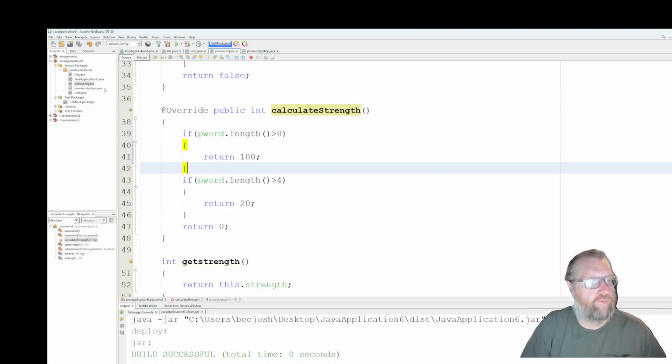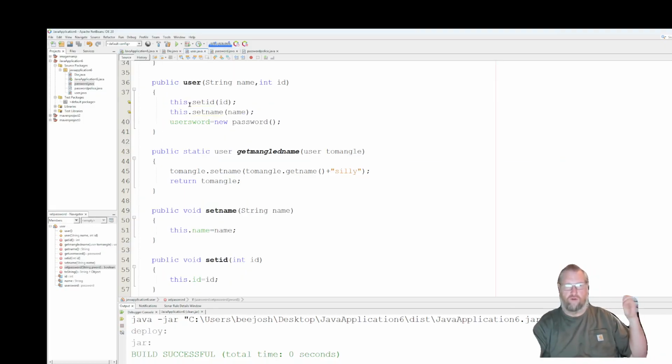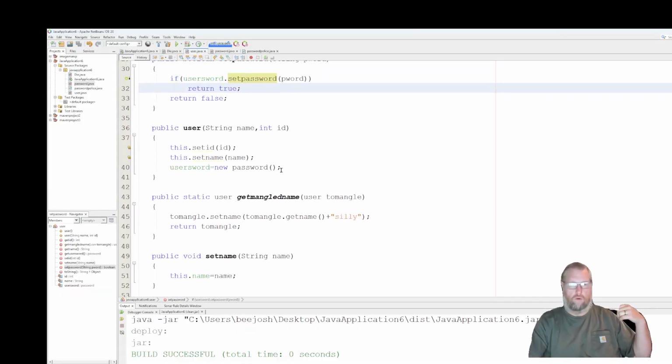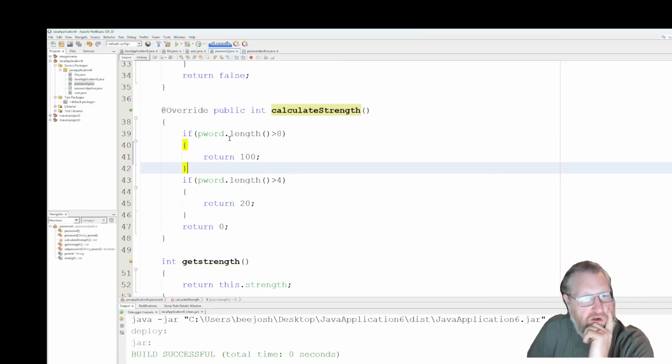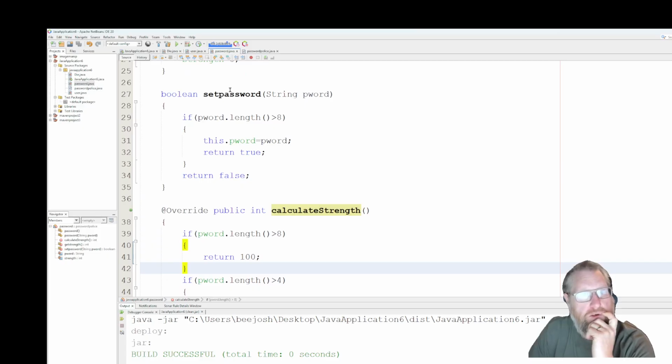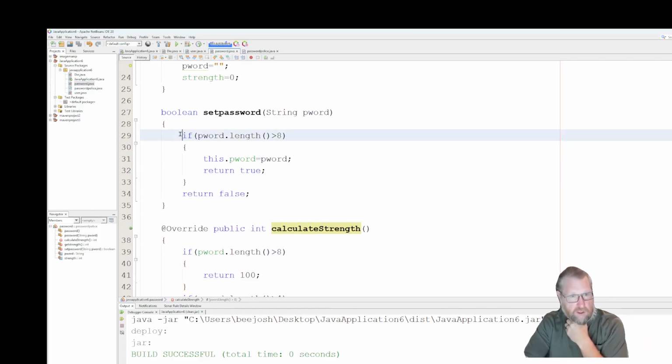And now we can instantiate passwords or users with a password. And the password, when we create a password, it's going to follow the contract. So when we set the password right here, we got to say if